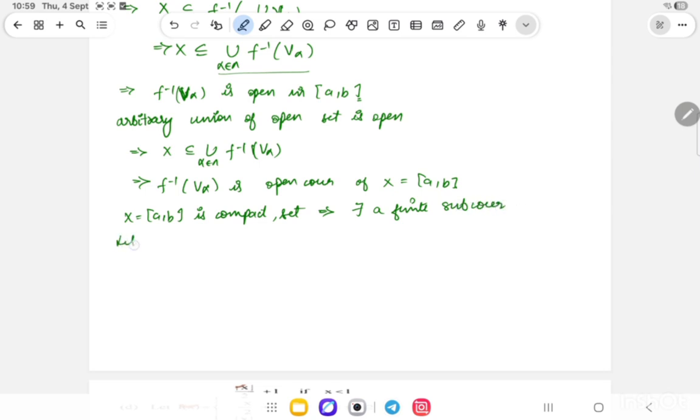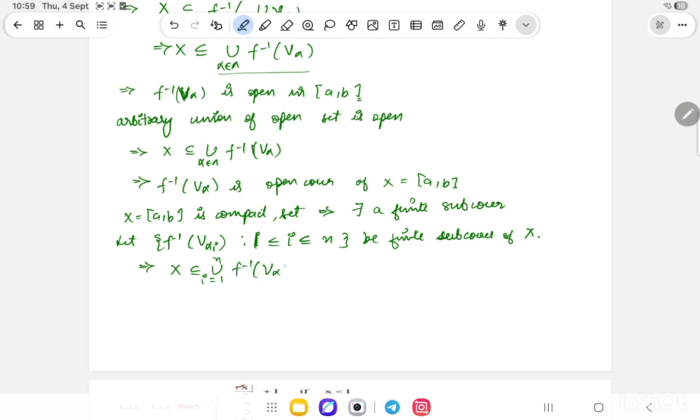So let us assume that f inverse V alpha i, where i is from 1 to n, is a finite subcover of X. So from this, X must be contained in the union of i from 1 to n of f inverse V alpha i. So from here I can say that f of X will be contained in f of the union i equals 1 to n of f inverse V alpha i,